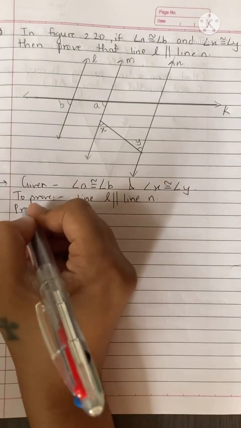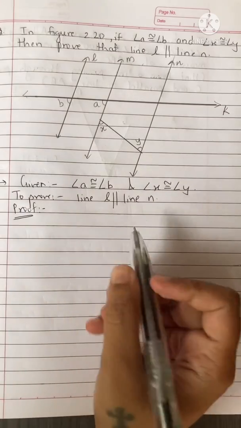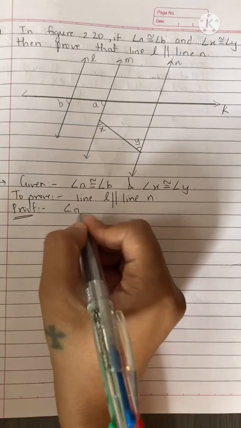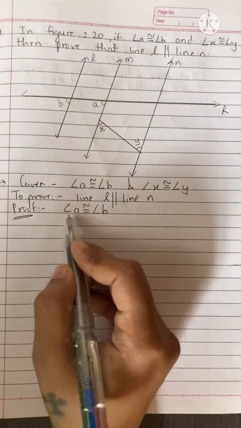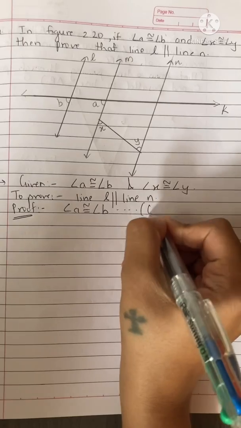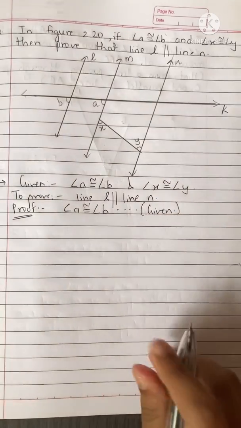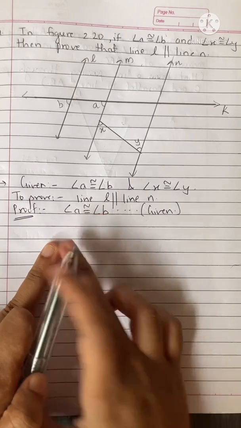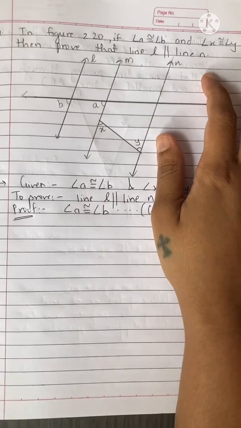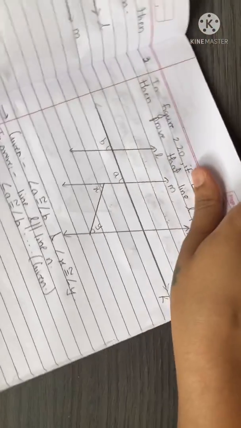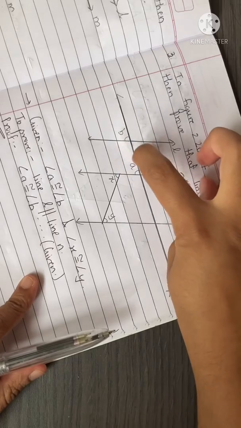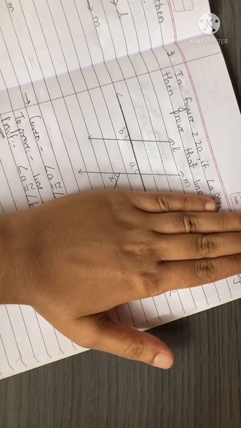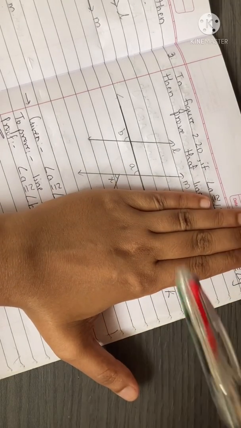Okay. Now start writing the proof. First we have to take whatever data has been given. Angle A is congruent to angle B. Okay. Don't get confused about where to start. First take this data and write down that it is given. If it is given, you have to check where exactly A and B lie in the figure. So if I tilt this figure like this, I find angle A and B over here, which are attached to line L and M. So I'll block the other part of the figure so that there is no confusion.